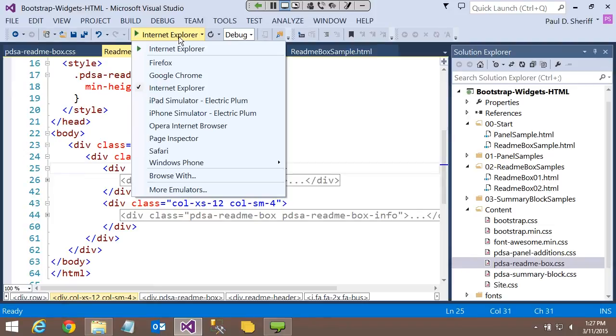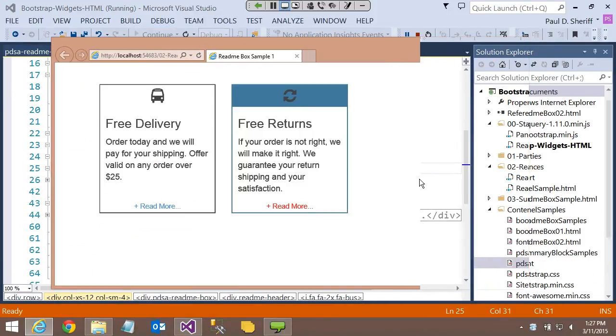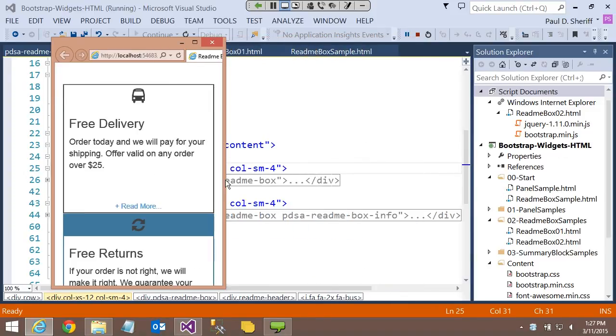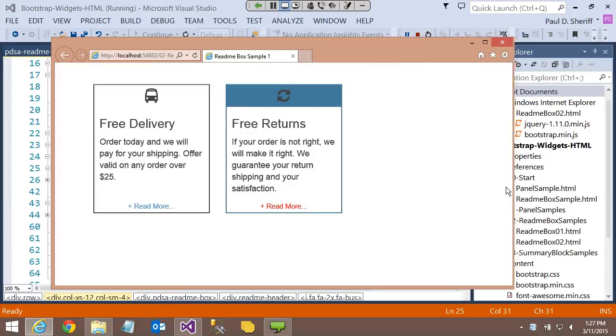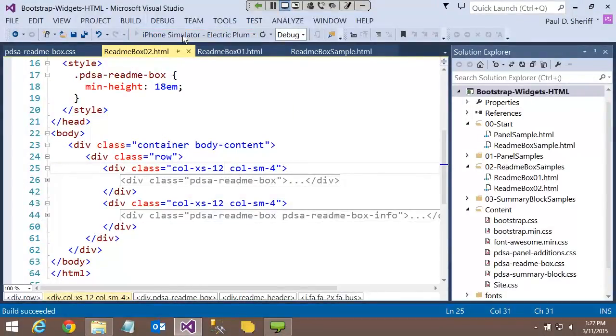Let's go ahead and run this again, Internet Explorer. As soon as we hit the extra small, what happens? It now goes up and down, doesn't it? Okay. Cool, that's what we want. And we would see the same effect if we did this on an iPhone, where they're now going to be